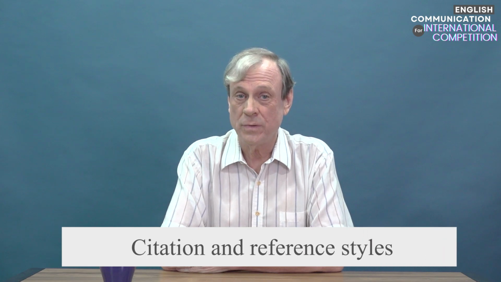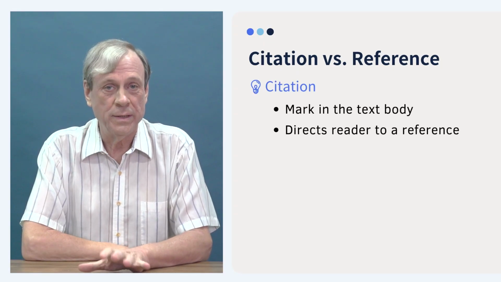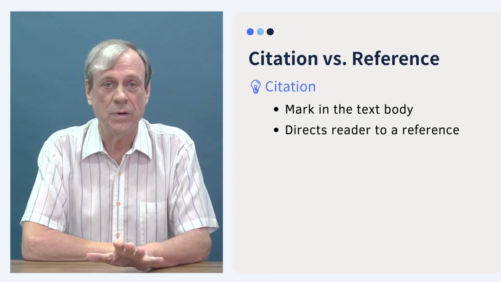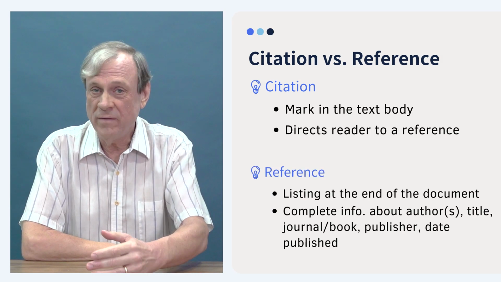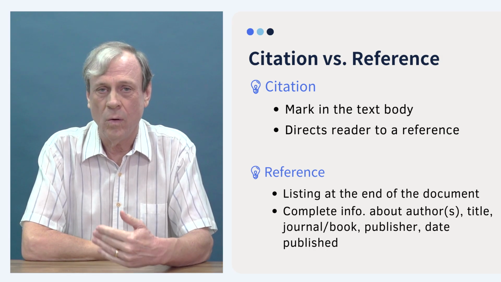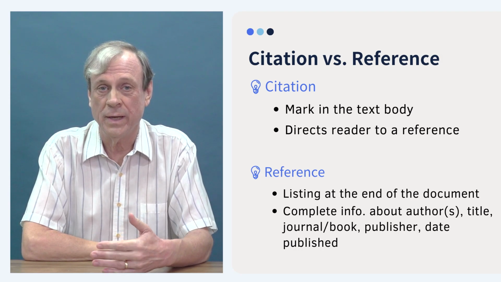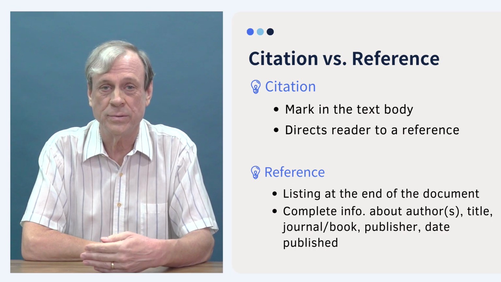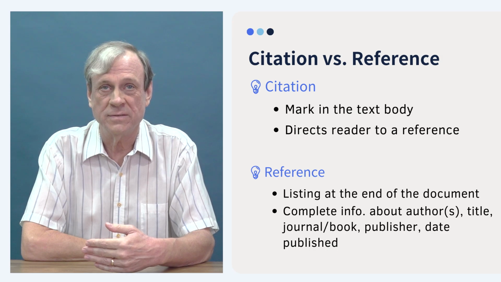In this tape, we're going to look at the difference between citations and references and how to cite something properly in your work. A citation is a mark in the text that points to the reference, but doesn't contain all of the information about it. The references themselves, including the journal, the pages, the title, all of that detailed information, are found at the end of the document or the end of whatever section you're working with. That's where the full reference is found.